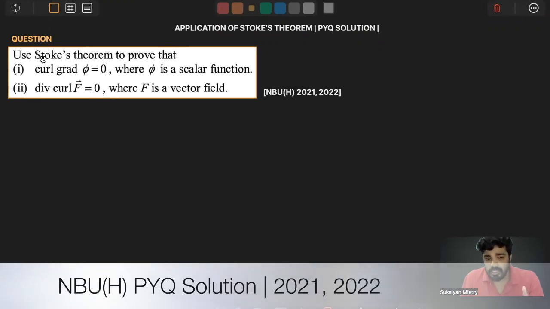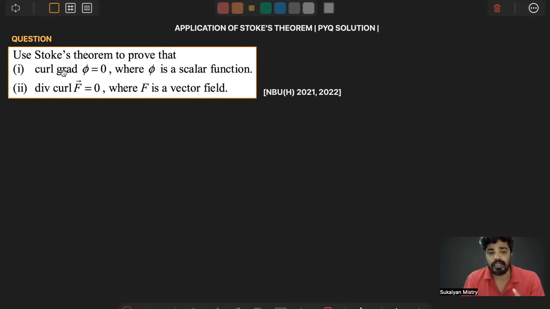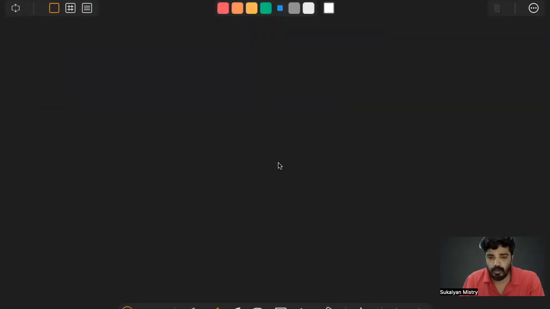So this question tells that use Stokes theorem to prove that curl grad phi is equal to 0. And second, divergence of curl f is equal to 0. So first of all, what is Stokes theorem? Stokes theorem states that integration